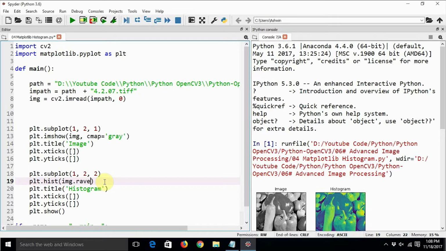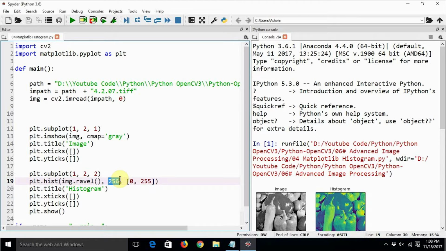So the ravel function flattens the image, and we need to specify the number of bins. 256 is the number of bins. Finally, we need to specify the range. The range is obviously 0 to 255.